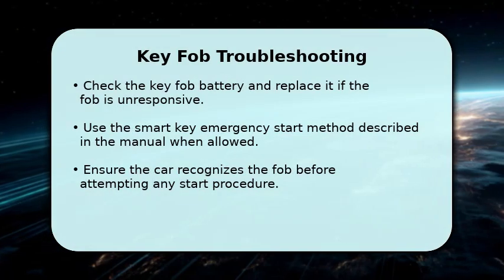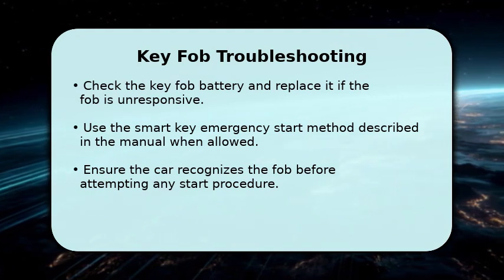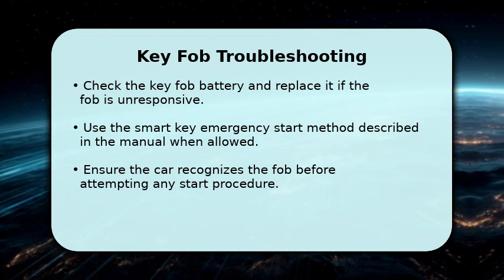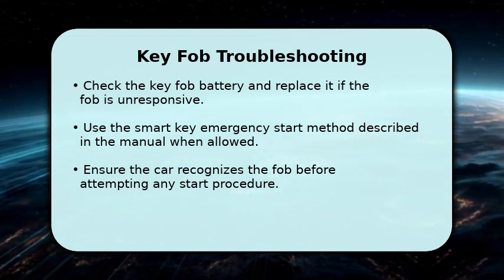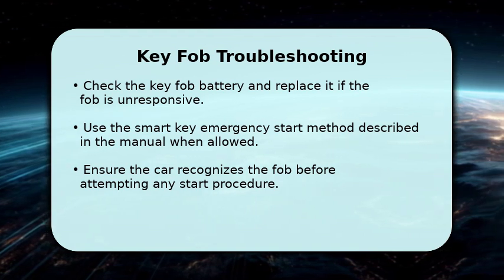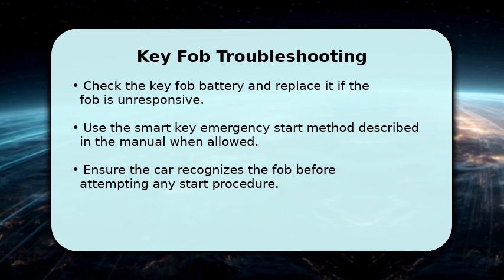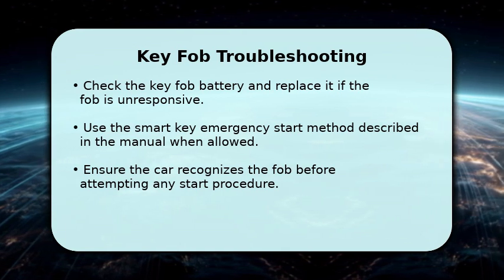If your Sorento won't start due to a fob issue, test the battery and replace it with the correct type to restore function. Try holding the fob close to the start button per the owner's manual steps, or use the physical key to unlock and access help. If problems persist, call roadside support or a dealer to diagnose the immobilizer and avoid DIY fixes that may harm